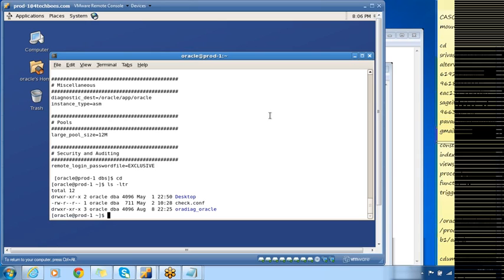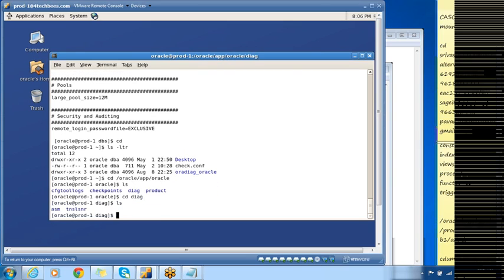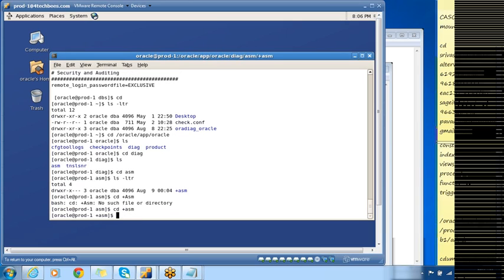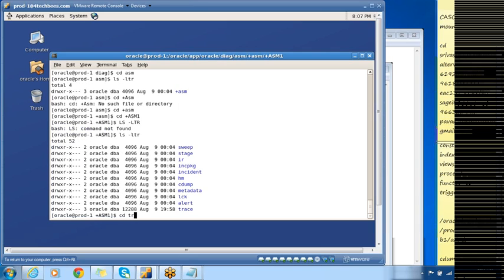Whenever you have ASM running on the server, you'll also have an alert log related to the ASM instance along with the trace files. If you want to look at the ASM alert log, it will be present under grid base. My grid base is /oracle/app/oracle. Under base you will have the DAG folder. In DAG you'll have a folder with the name ASM. Now you'll have the database name and then the instance name. So it will follow this format, and here you'll have the trace folder.